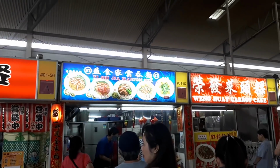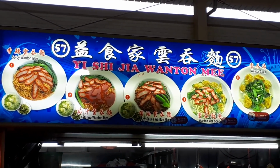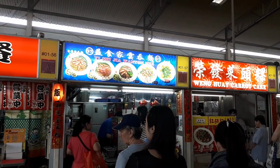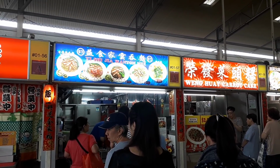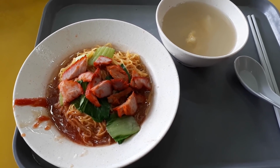Next up is this next noodle shop, which is Shi Jia Wanton Mee. And this shop sells wonton mee, and you can have it spicy with soya sauce or with tomato ketchup. But this place here is well known for using tomato ketchup in their wonton noodles. So I decided to order with tomato ketchup. This dish cost me $3,